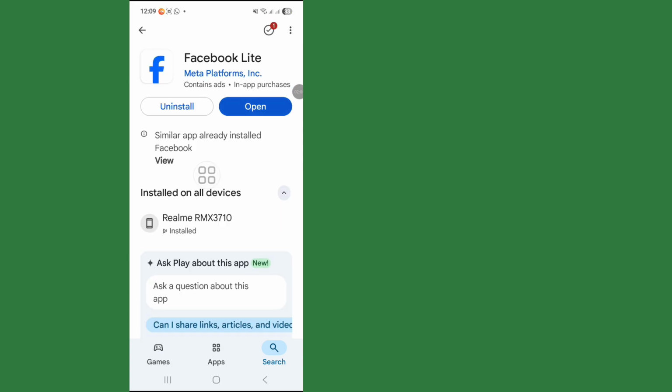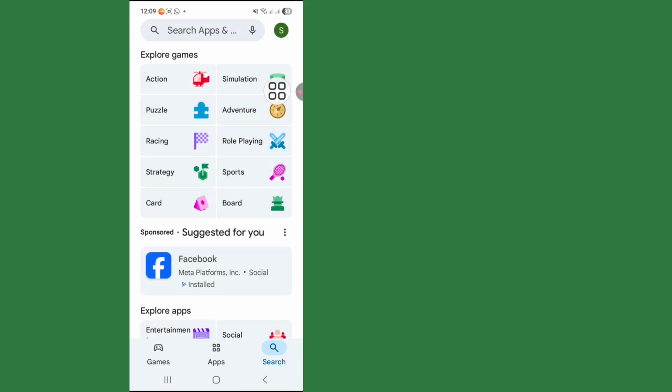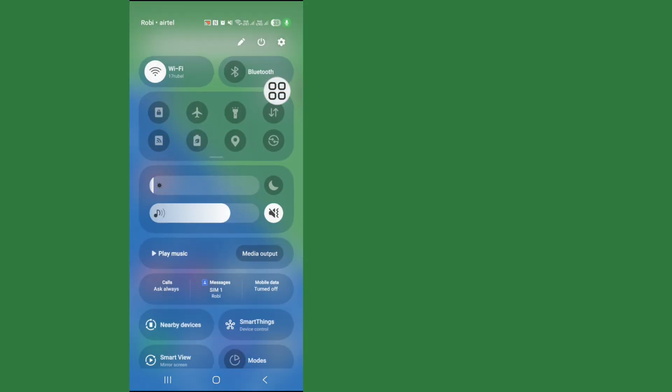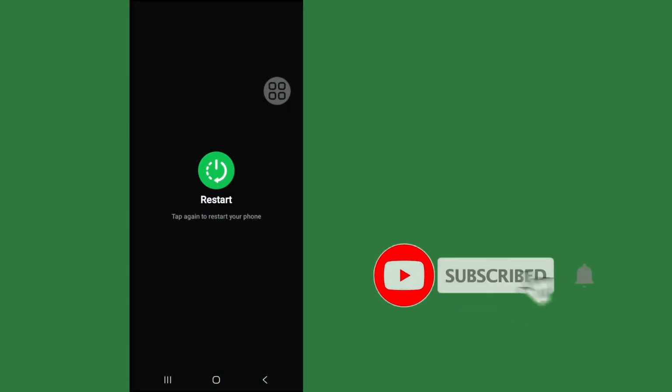Click on the Facebook Lite. My Facebook Lite is already updated. Okay, back and third step, now restart your phone and reopen it again, and I hope your problem